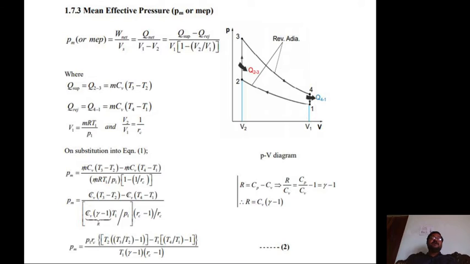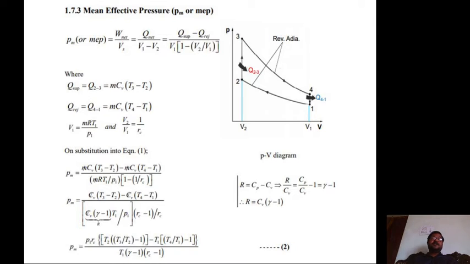Okay, V1 is equal to MRT1 by P1. V2 by V1 is equal to 1 by RC, that you know. Substitute all the things. V2 by V1 is equal to 1 by RC and V1 is equal to MRT1 by P1. P is equal to the MRT equation. Substituting all the things and then